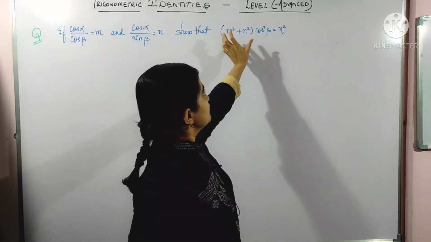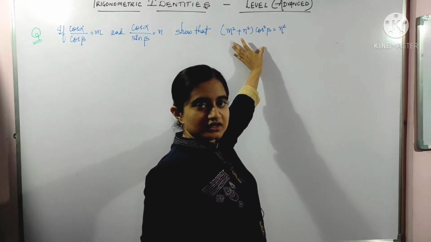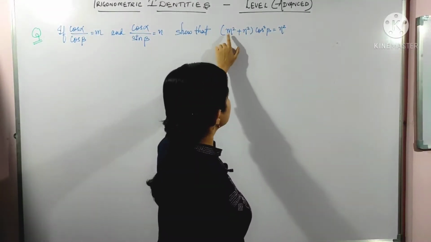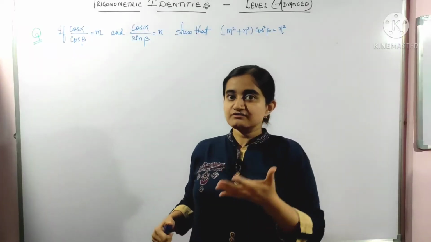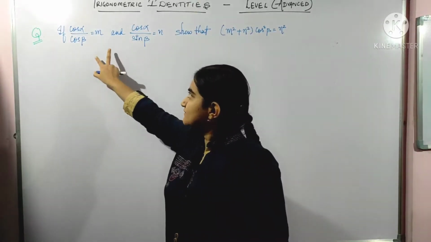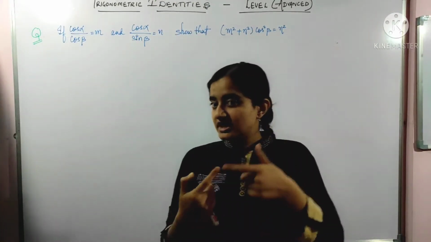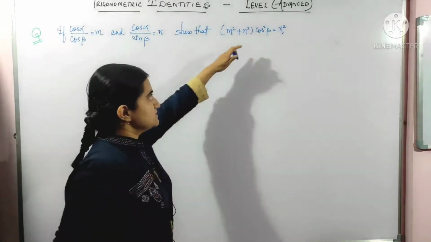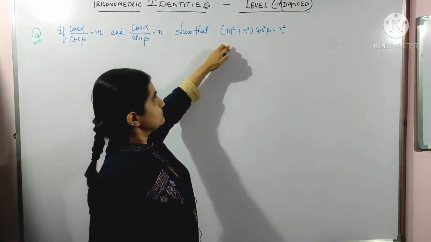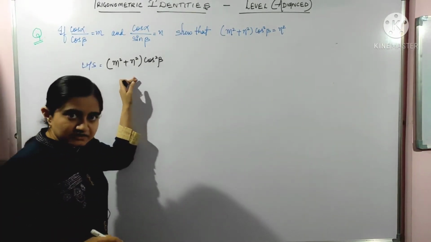Okay, so here we will take this part, we will start with this part because we have the values of m and n, so we can proceed from that part. It's a little bit difficult to move on from this side. Actually, it's not possible, we have to put in these values here so that we can move on. Okay, so we will take this, but we will start from the LHS side. Okay, so we are starting from LHS.